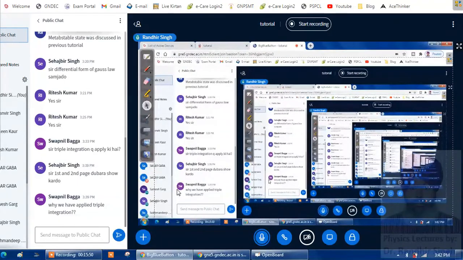For going from the surface to the center of the sphere and to cover the whole volume of the body, you have to go into the depth also. So integration has to be triple integration. The charge is present everywhere within the body. So that is why integration has to be triple integration.